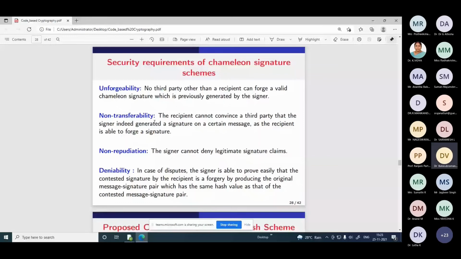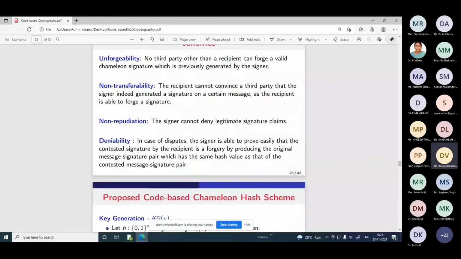See, in an ordinary message signature, one has a signed document. You can show it to anyone and tell them this is the signature generated by so and so. Whereas non-transferability is, you are getting a signed document from Alice, you cannot show anyone that it is signed by Alice. So it should satisfy the non-transferability property and the deniability. If the signer and the receiver have a dispute about who generated the original signature, in that case we can go to the trusted party and find out who is the original signer.